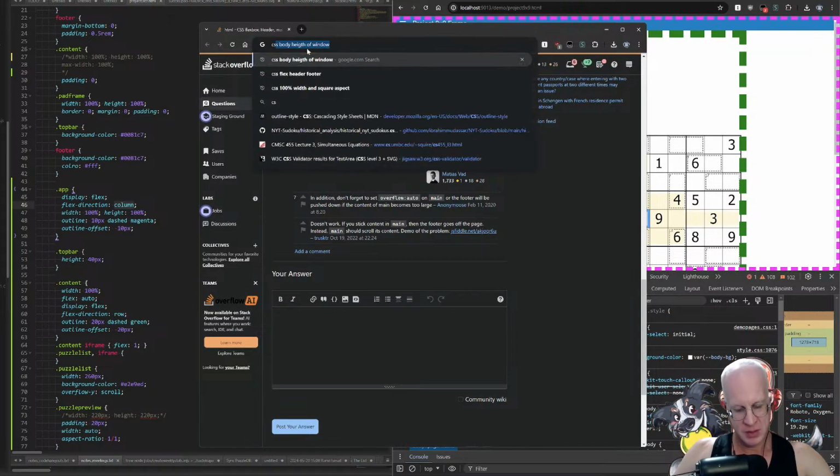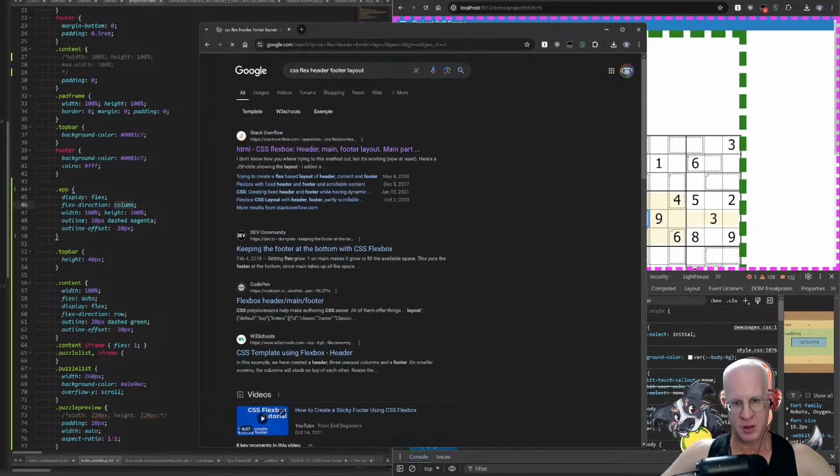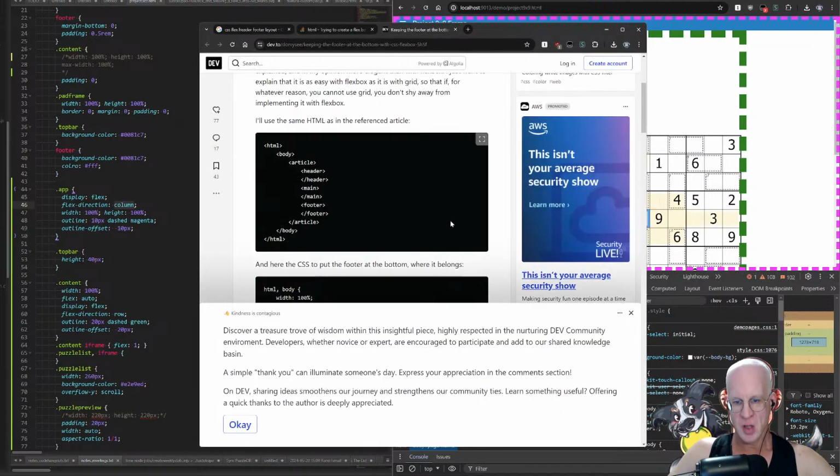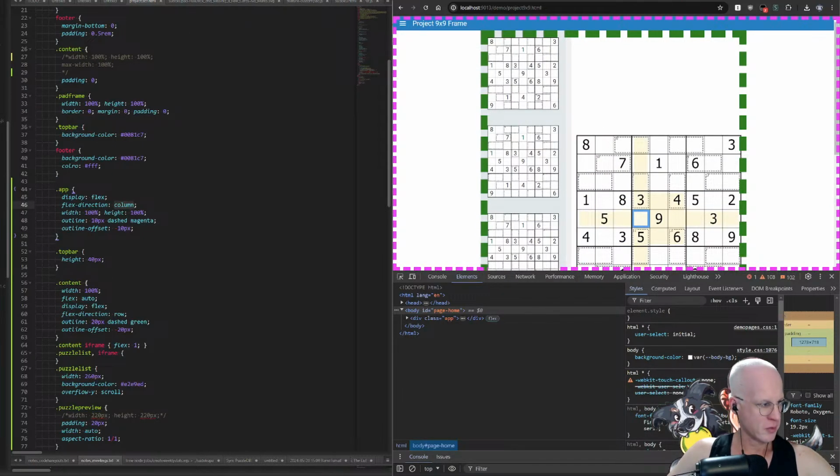All right, so CSS flex header footer layout. This is supposed to be a solved problem, right? So main footer. So we have header. And it's all inside article. Oh my god. Okay. Min height 100, display flex, flex direction column, align items stretch, main. So if content is